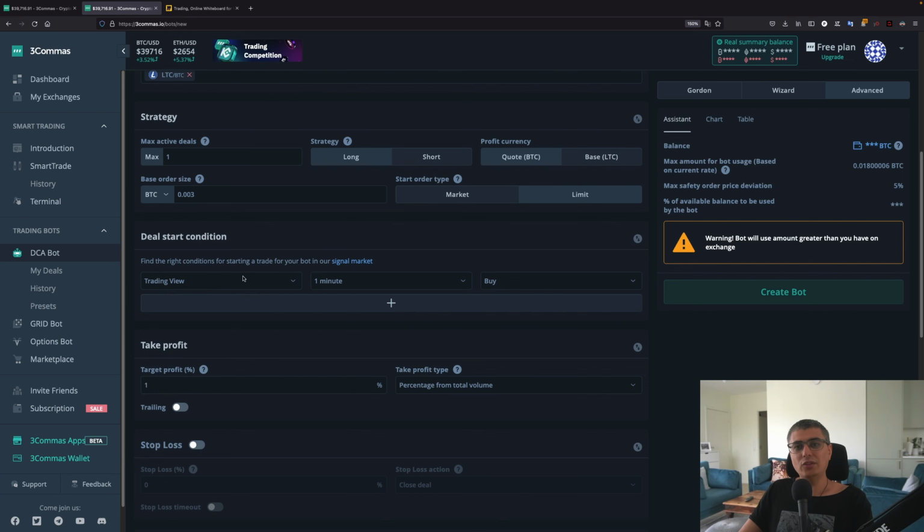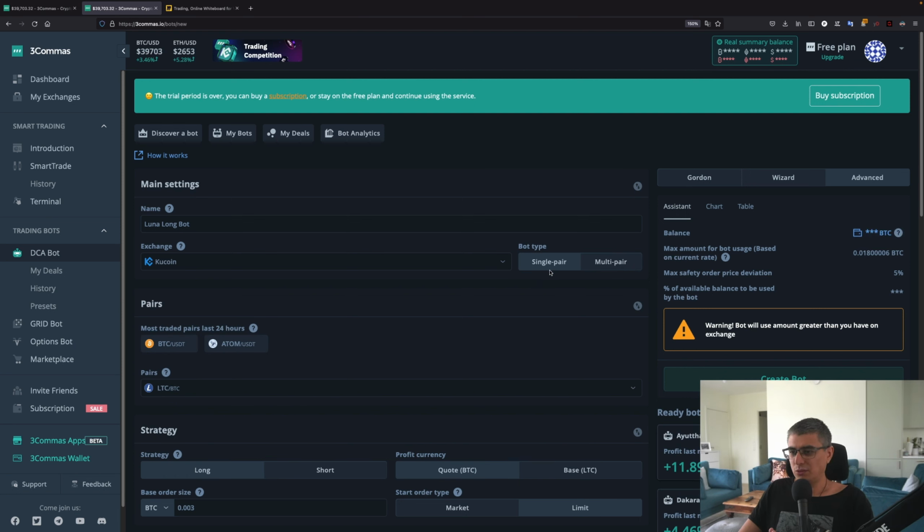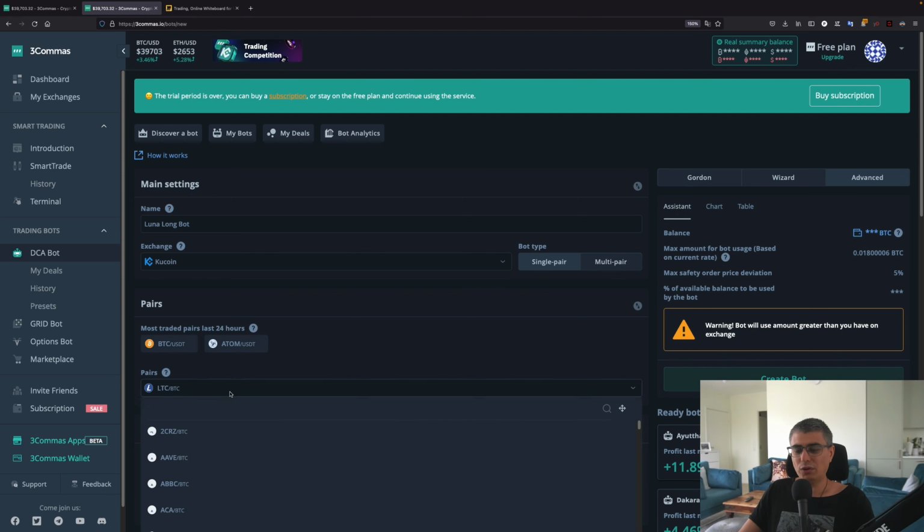So in this case, to go around that, if you use this TradingView 1 minute buy, it's almost the same as ASAP. Maybe it takes 1 minute or something, or a few minutes, but it will start as soon as possible. I wanted to mention that before I go to the next settings, because I want to keep this to single pair. And like I said, I want to use Luna for these settings, and I will use Luna